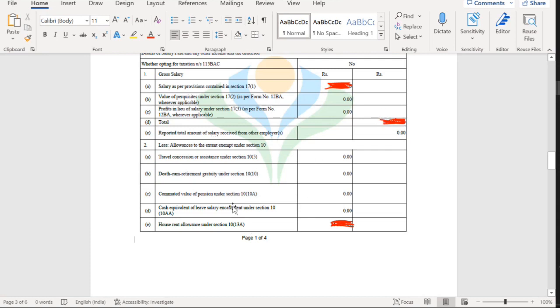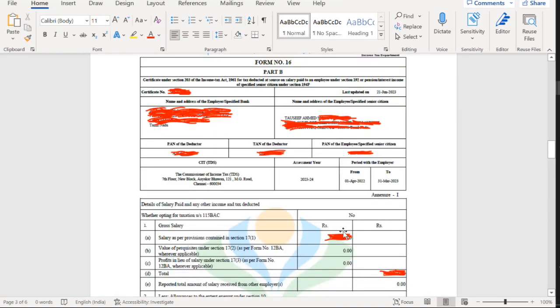So you will have a lot of other columns. For example, if you would have submitted house rent allowance. Mostly we would have given house rent bills last year, right? So those amounts will be reflecting here. For example, if you have given 5,000 per month, and it is for 12 months, so that amount would be here. Coming to the next page,